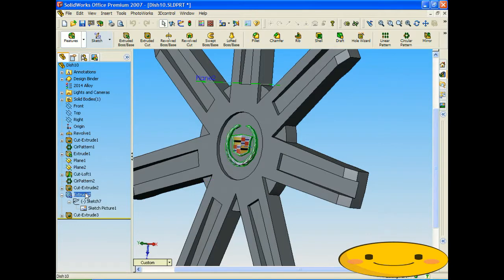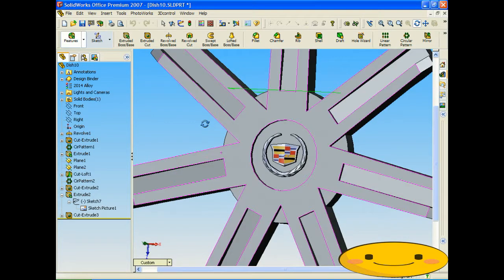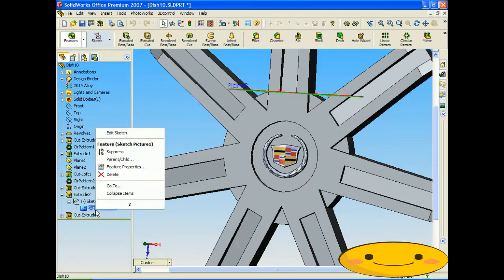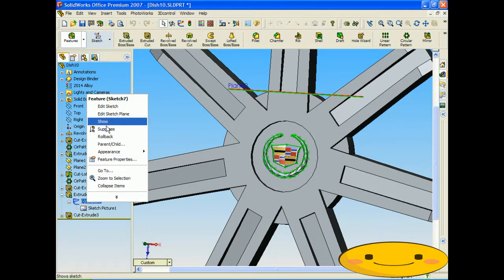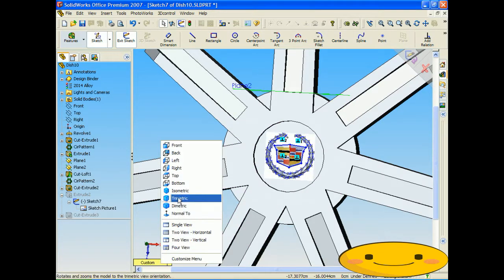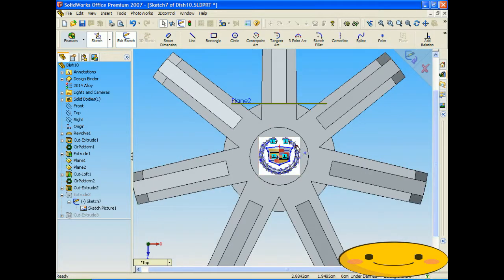So we put it on the side, you can see that it's extruded out a bit. I'm going to go kind of step by step and show you how I made it. To begin, let's right click on the sketch, click Edit Sketch. If we look at it from the top view, zoom in, first what I did